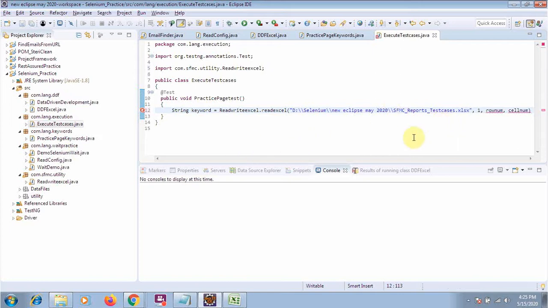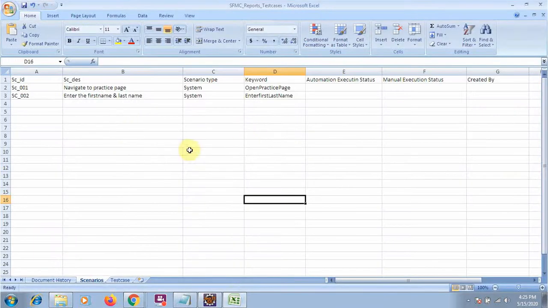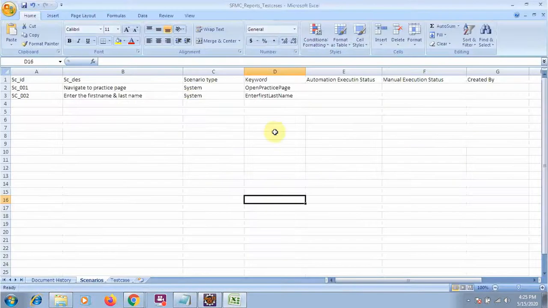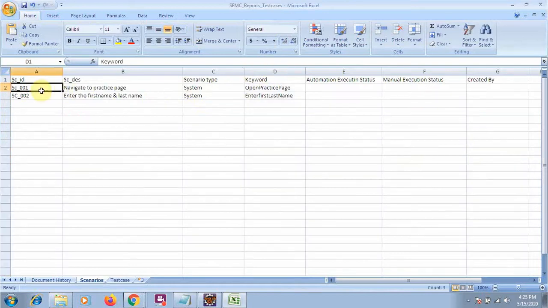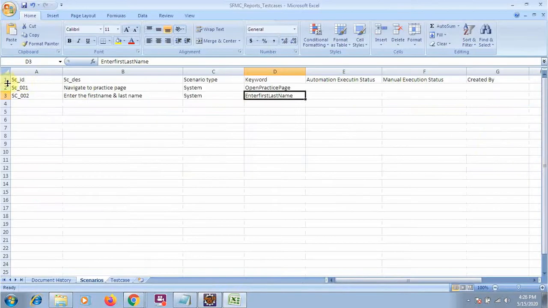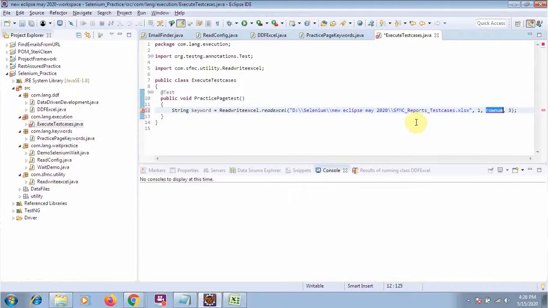Now you have to give the sheet number. It's the zeroth sheet, it's the first sheet. You are giving the first sheet here. The column number will always be this one, meaning 0 1 2 3, constant every time. It will be 3 for the column, and the row number will be changing, first row, second row, this one. So I will take it as a variable like int i.